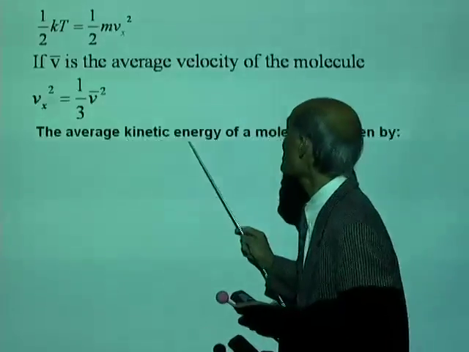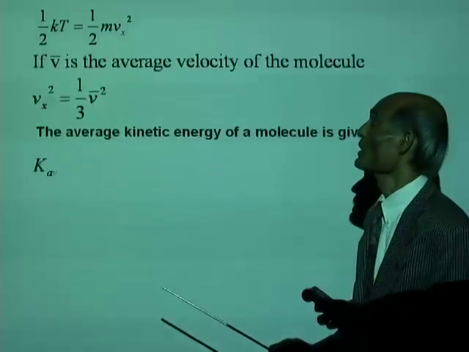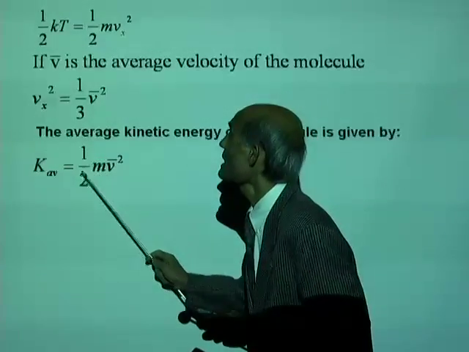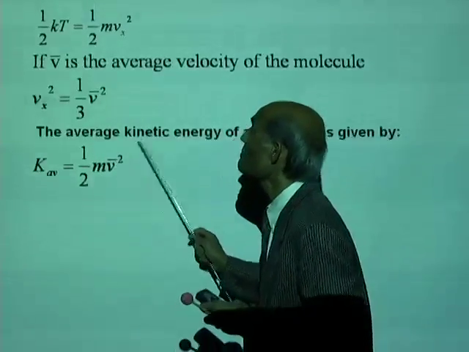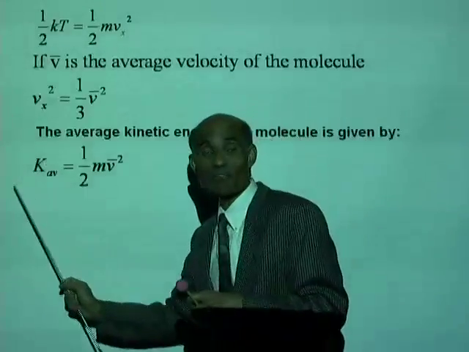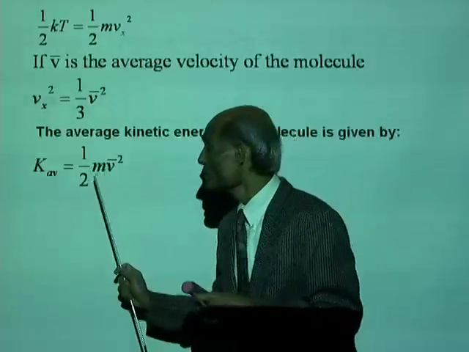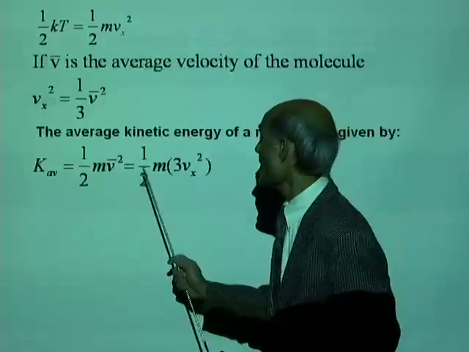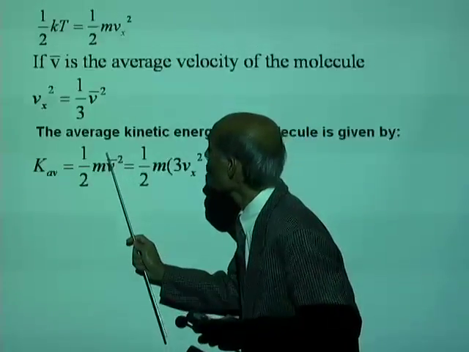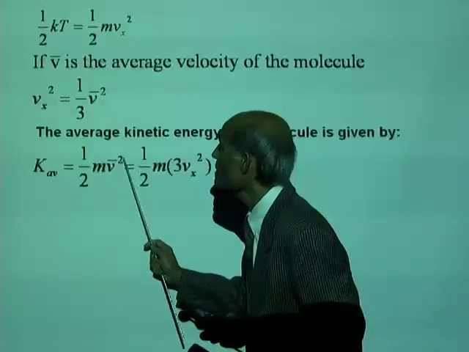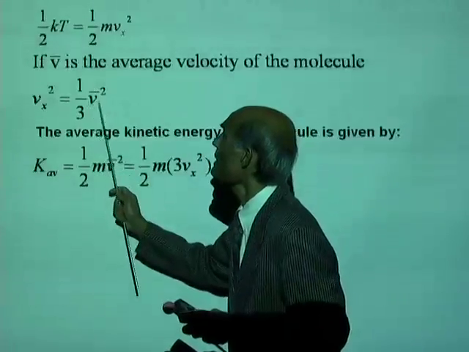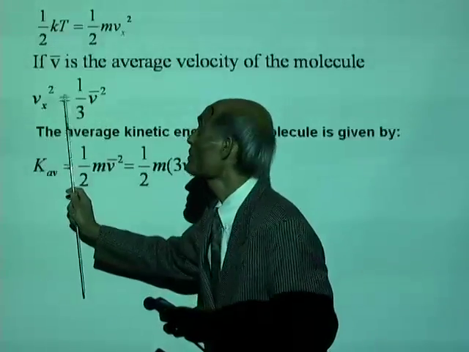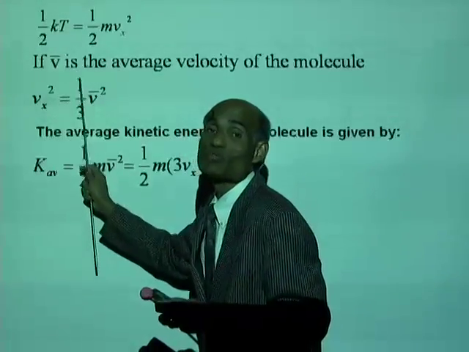The average kinetic energy of a molecule, therefore, is given by K average equals 1/2 m V bar squared. This is the average kinetic energy of a molecule, where V bar is its average velocity. Now, I'm going to replace this V bar squared. Look at this. This V bar squared is replaced by 3 Vx squared, because we said Vx squared is 1/3